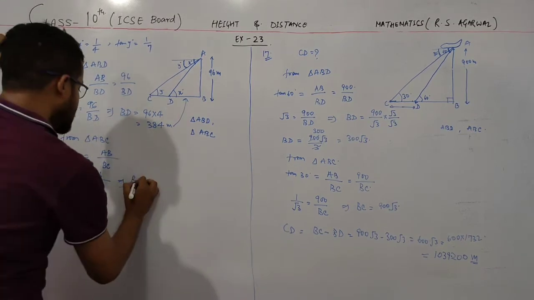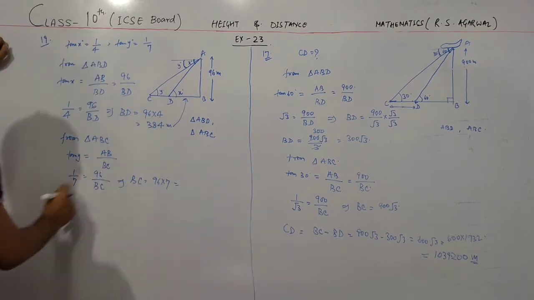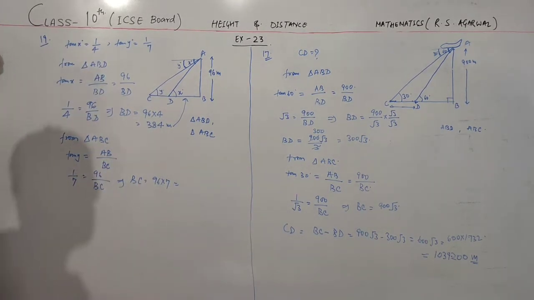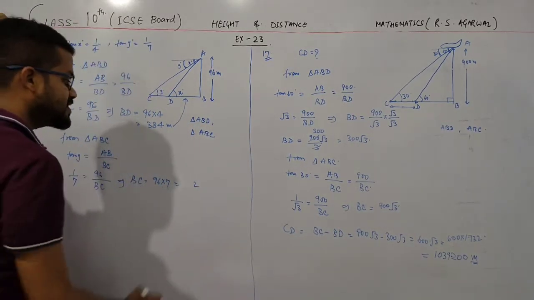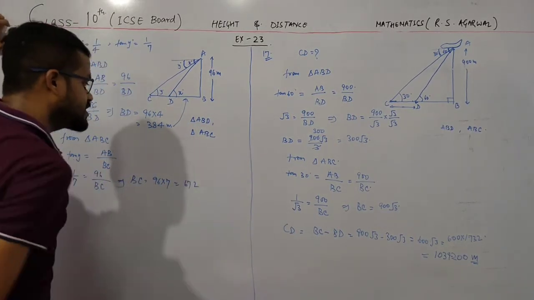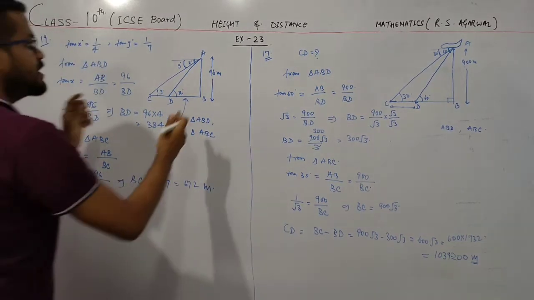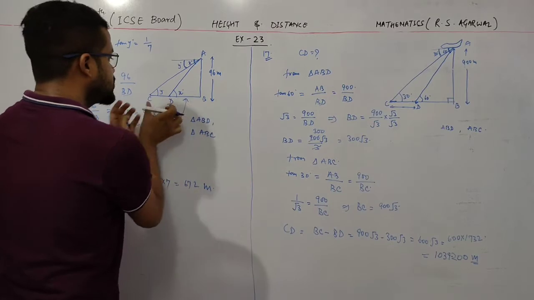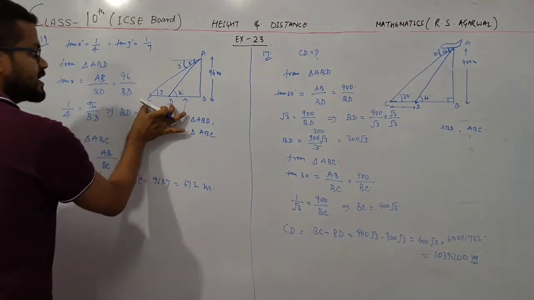So this BC is equal to 96 into 7. By cross multiplication, I get this value: 96 into 7, 6 7s are 42, 4, 9 7s are 63, and 4, 6 are 72, so 672 meter. And this is 384 meter. We get this value and this value also. So by taking the difference of both these values, we get this value.